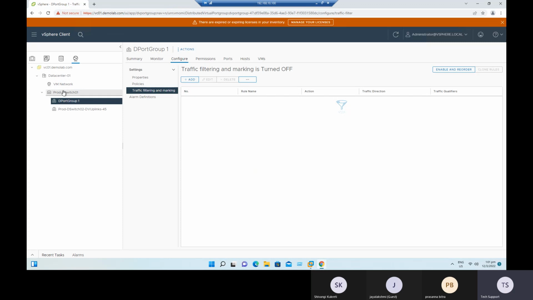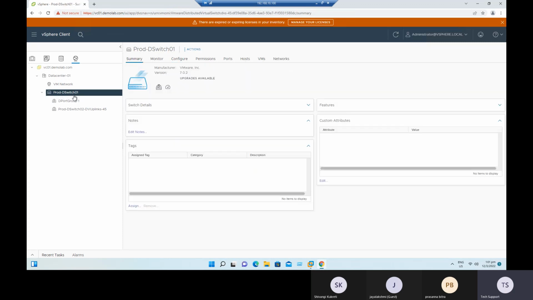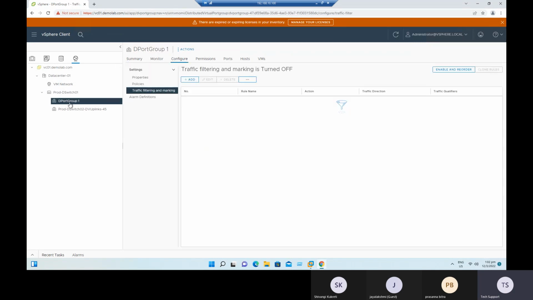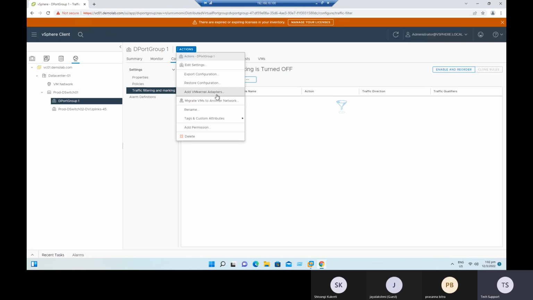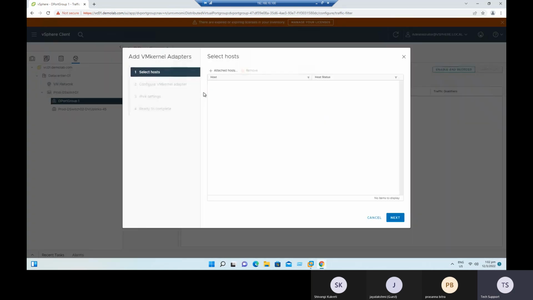So I repeat, if I select the DV switch and go to actions, there is no add VM kernel option. So if you want to add an additional VM kernel port group with vMotion service, select your DV port group. I just selected the distributed port group, and now go to actions. Now you can see the option to add VM kernel adapter. When you click on add VM kernel adapter,